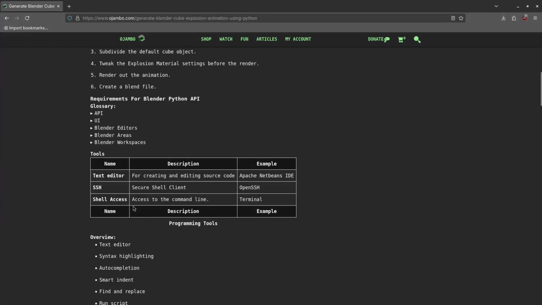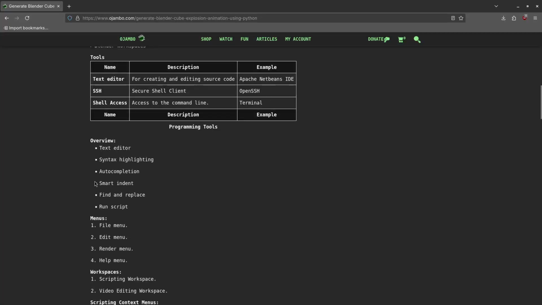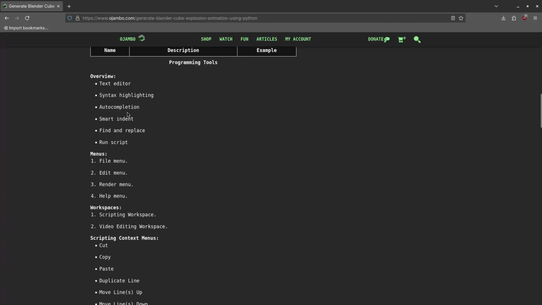And shell access just means a command line. You drop down to the command line. That's all it means. Okay. So with that out of the way, I've already explained this, and it will show you all this stuff in